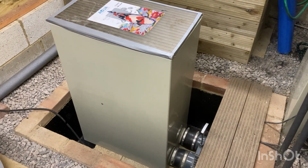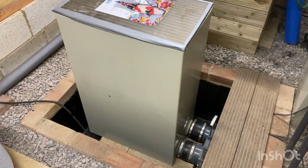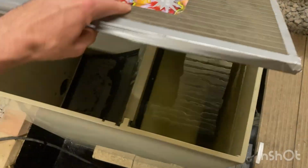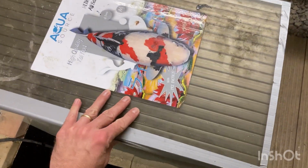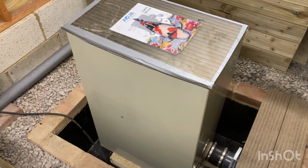So you'll have seen in one of my earlier videos that the first part of my filtration system is this Ultra Sieve 3, which is an absolutely fantastic bit of kit. It does an excellent job taking out all the fine materials that come up through the bottom drains. And before, I had this followed by a large multi-bay filter,